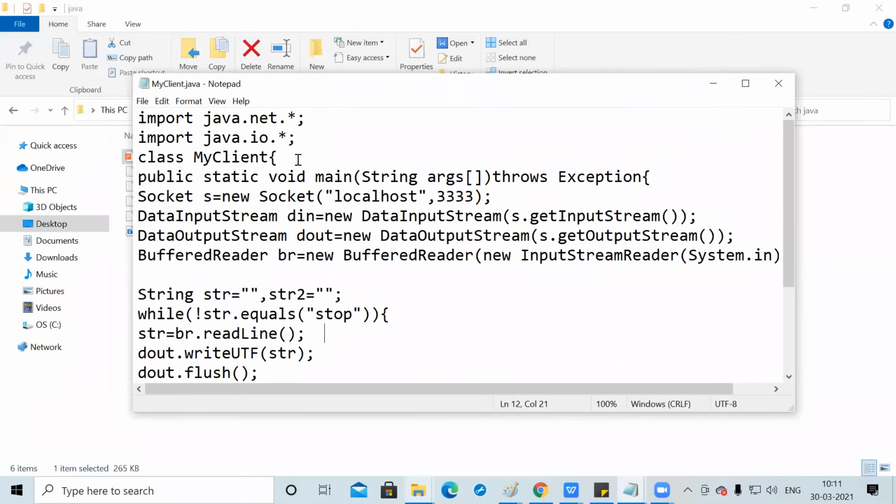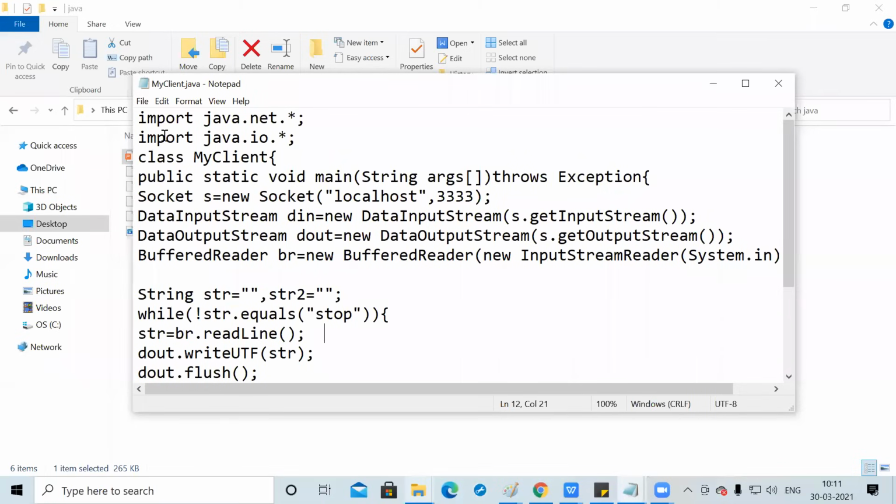Yeah. So see here, this is the client class. For the client, we will start with the first import, the Java package. Which package? java.net is a network package. We are establishing communication from the client to the server, so we need a networking package. For that reason, we import java.net.* to make the communication.